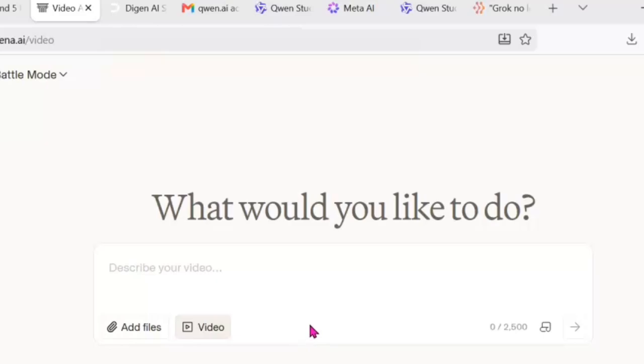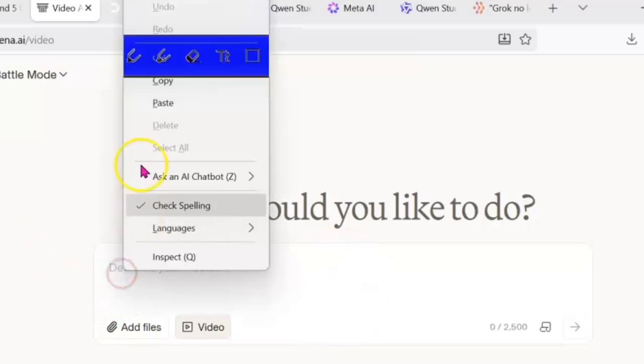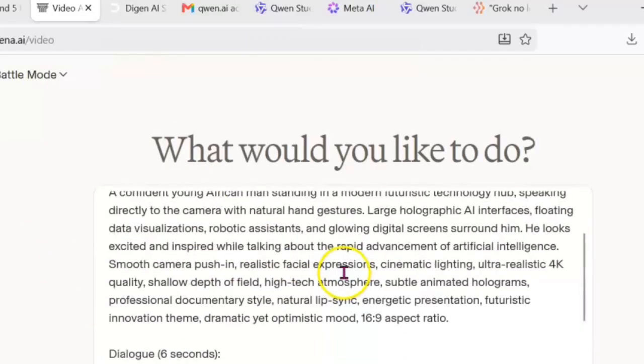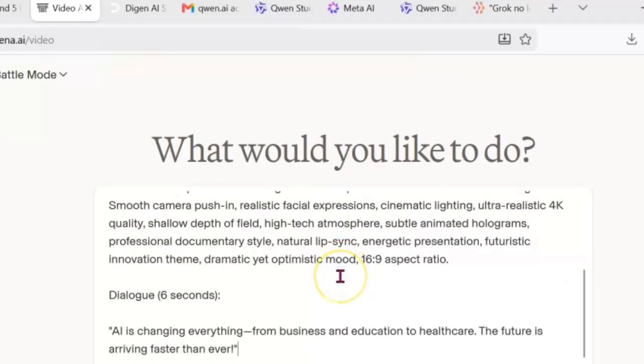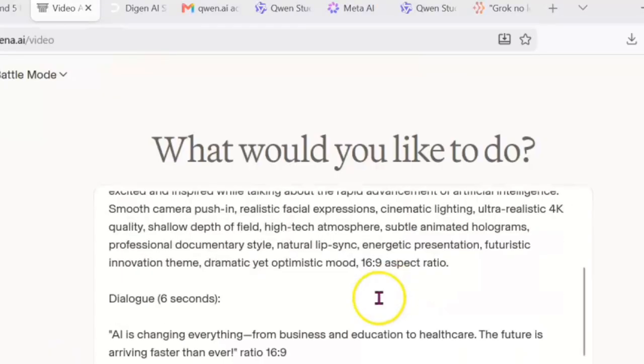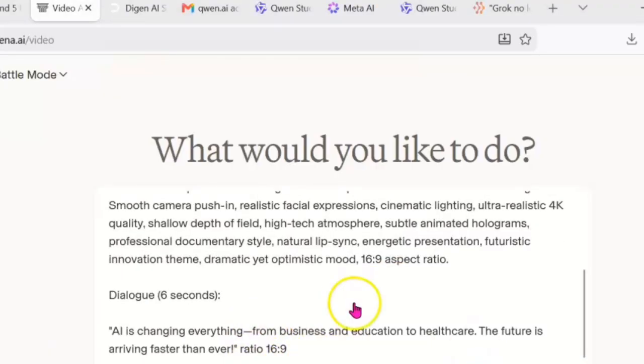I'll click on image for me to go to video. I'm going to paste the prompt here, the same prompt I used before. I'm going to use one prompt all through to see what different AI apps and different platforms are able to create. Now here I'm going to indicate that you should make it ratio 16:9. I didn't do that the first time, so that's why it gave us that kind of a landscape. That was 9:16. 16:9 is going to be a landscape